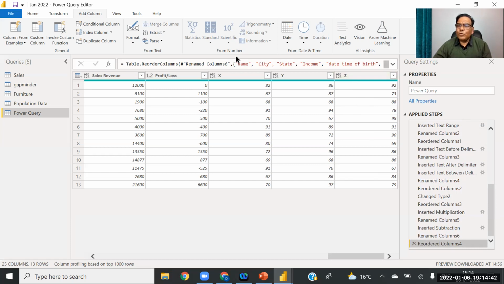Okay, so most of the functions we have covered. If you see, there are 3 groups of functions: text functions, number functions, and date functions. We have covered all 3. So I hope now you are more comfortable with the different types of functions, but it requires practice also. From my side, I completed most of the functions provided by Power BI in these 3 categories: text, number, and date. Now we are moving to the next topic.